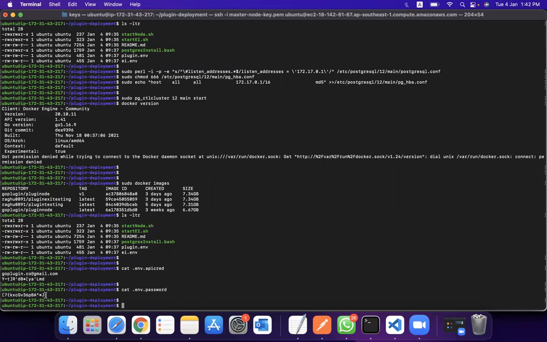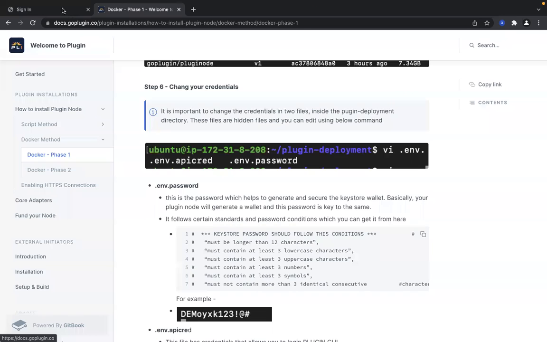If you start your node without this, it will ask for a key store password, as you may know if you have tried the script way of installation before. That key store password you would have to enter manually, but to simplify the process, we have given it here. And this is going to be the email ID and password which you will use to log into your plugin node UI dashboard.